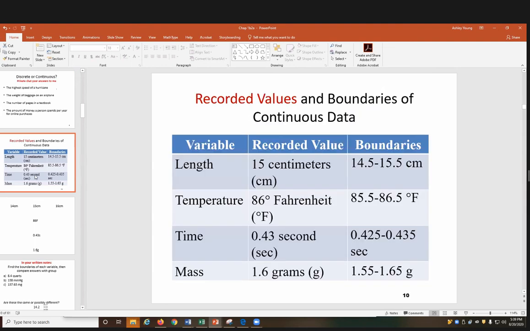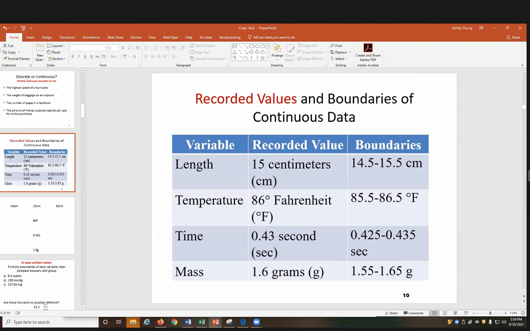All right, so here's us talking about taking data that is continuous and making it discrete, discretizing it. So for example, I have a ruler. It only goes in whole centimeters. It doesn't have half or a quarter centimeters or tenths of centimeters. It only goes in whole centimeters, which means that